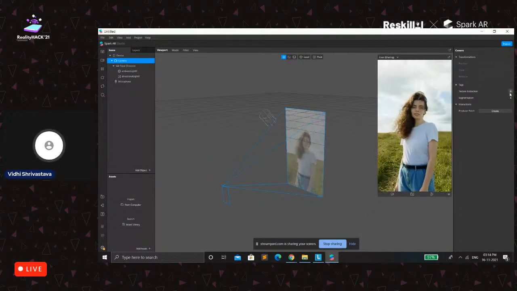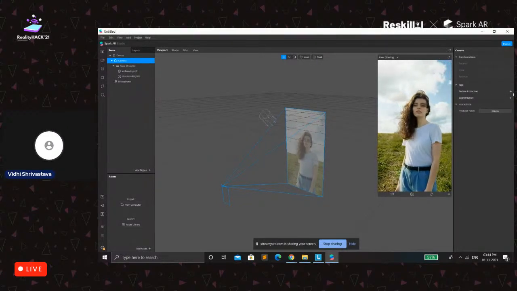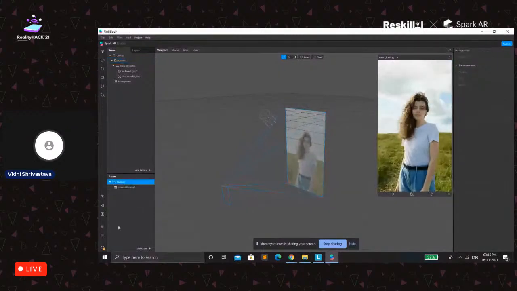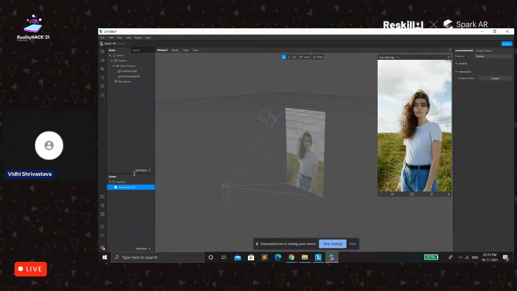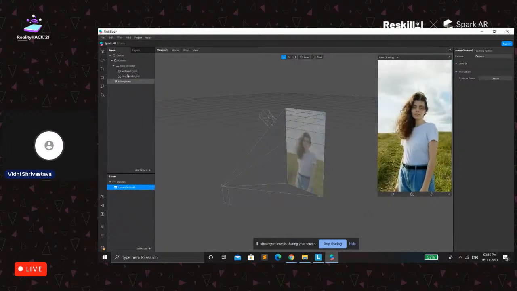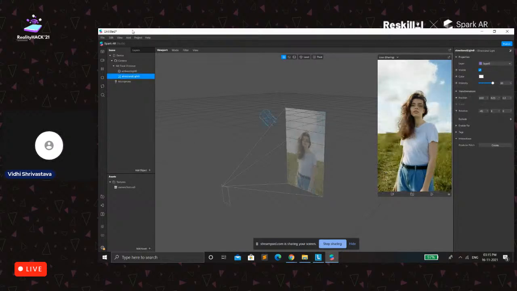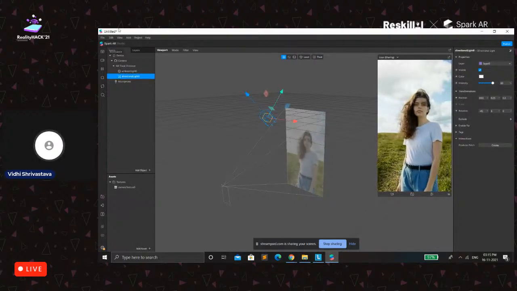We have the camera texture here, texture extraction. Whenever we want to extract the camera texture, we just click on it, and you would see that in the assets, in the texture folder, a camera texture has been added. We will see how the filters are there. We have the ambient as well as the directional light. These are basically the light effects that would be there in our effect.